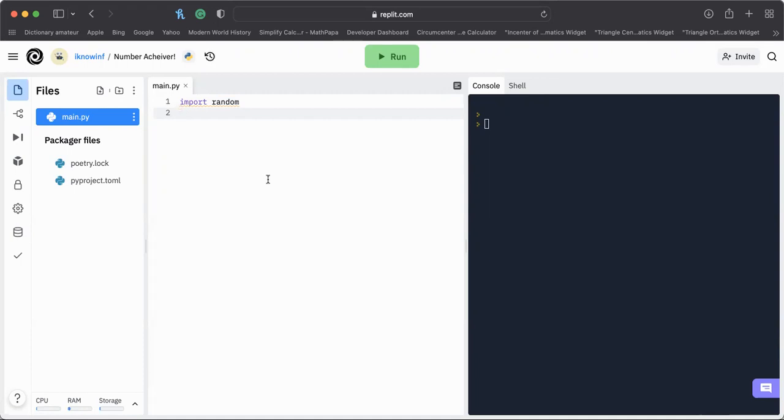After we've imported random, what we need to do is declare a variable that will actually be generating the random number. In this case, we're going to be generating a random number from the range 1 to 10. So we're going to say number equals random dot randint. And recall, we need to use random dot if we're using import random. Since we're doing import random in our program, we need to use the module name, dot, and then the method